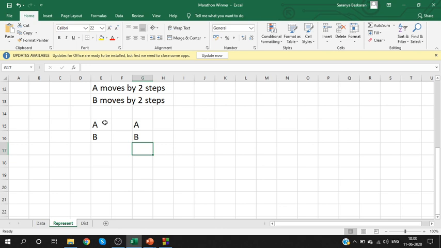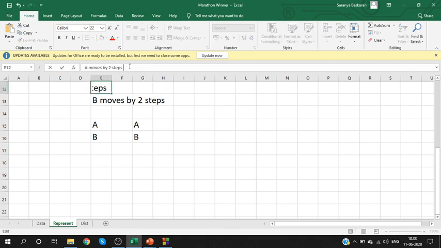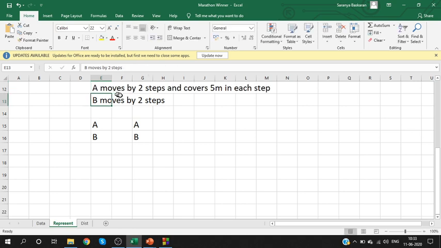That is our assumption. But in this problem, what happens is A moves by 2 steps and covers 5 meters in each step. Can you understand this? Similarly, B moves by 2 steps and covers 3 meters in each step.